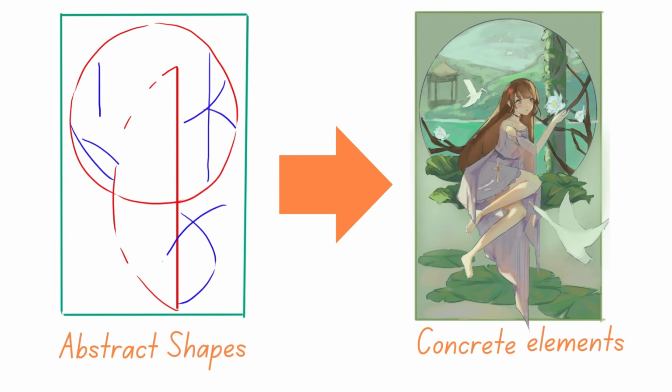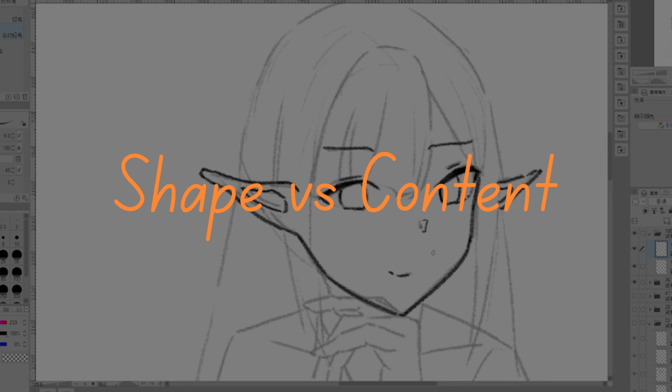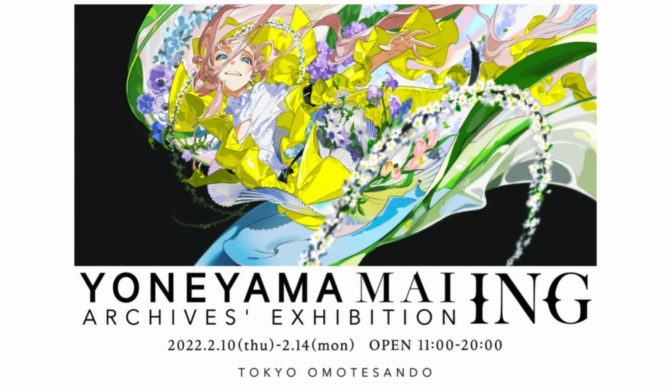The process of designing a composition involves creating abstract shapes first, then incorporating concrete elements. Therefore, the first thing we need to train is our way of observing. When we look at a painting, it's easy to get distracted by elements such as details or colors, and easy to overlook the shapes and trends in the composition. However, these are often the key to making the painting look appealing.